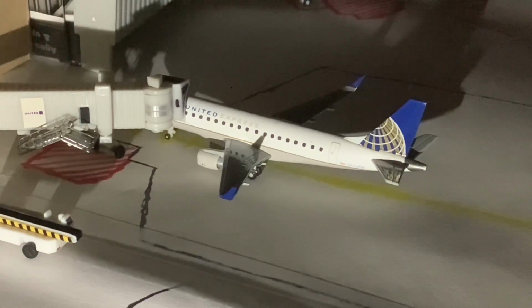Another news of expansion for United: they will be expanding to Houston Intercontinental in a month in September. Maybe they'll be in the September update, that flight to Houston. So really looking forward to that for United. And so they've been seeing some great passenger numbers, and